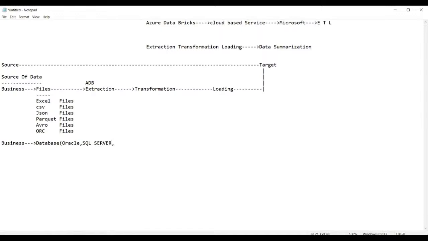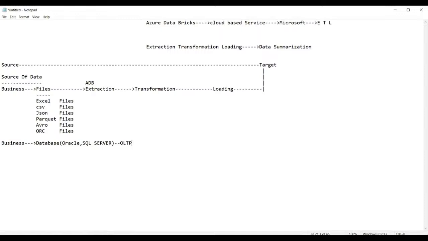Okay, it can be any type of database you have. Whereas this kind of database, when you receive the data, we can say that we have received the data from an OLTP system. What do you mean by OLTP? OLTP stands for online transaction process. That is called an OLTP system.